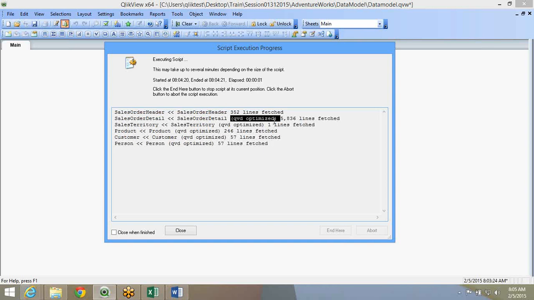What are the advantages, and what things are okay to do while having a QED optimizer? There are only two things that you can do without breaking QED optimization. One is aliasing, using an "as" to give a different name, or using a where exist. Apart from these two points, if you do anything else in the script, the QED optimization will fail.